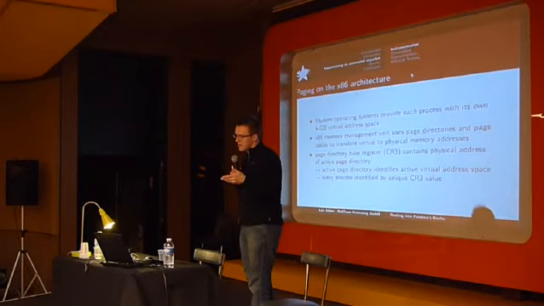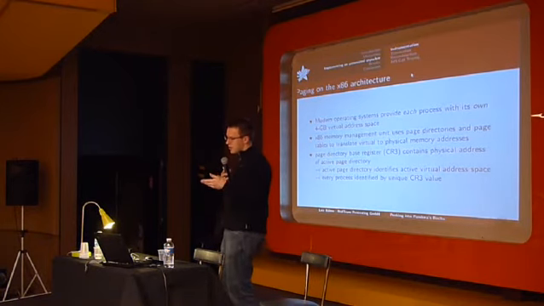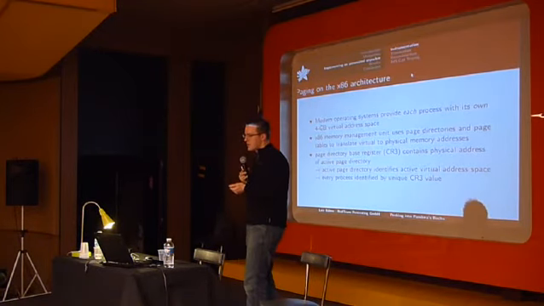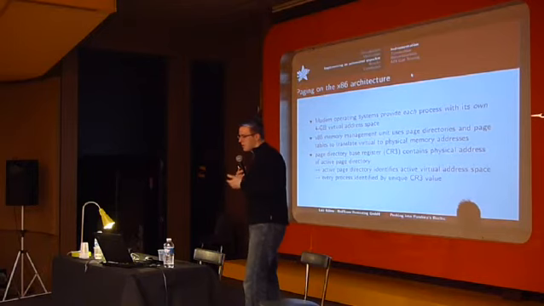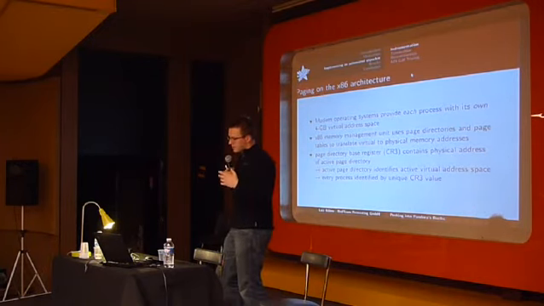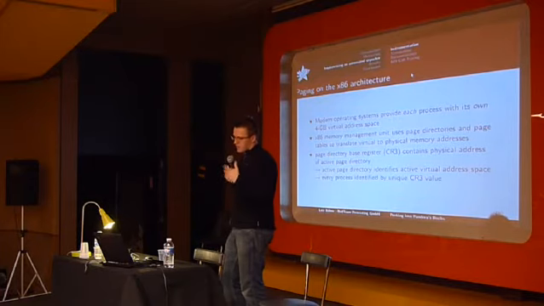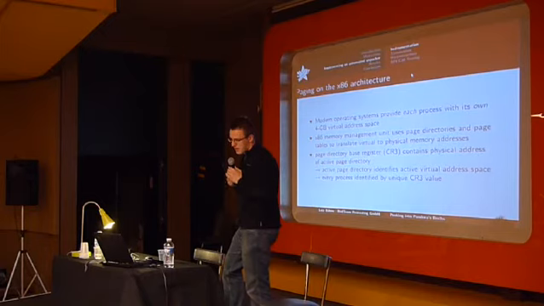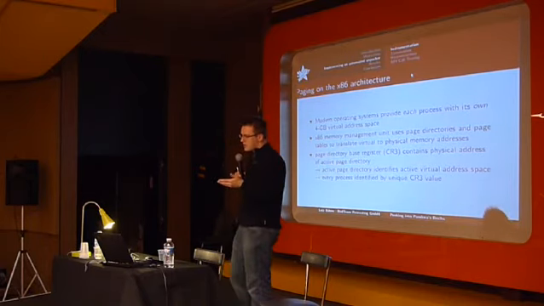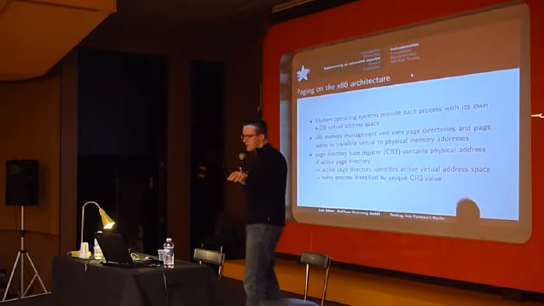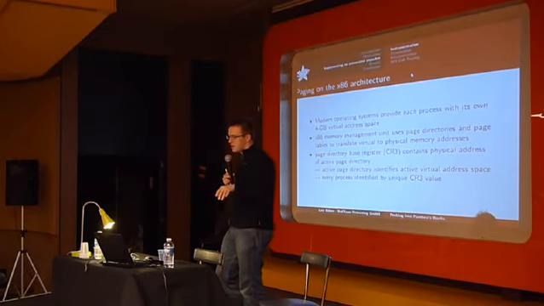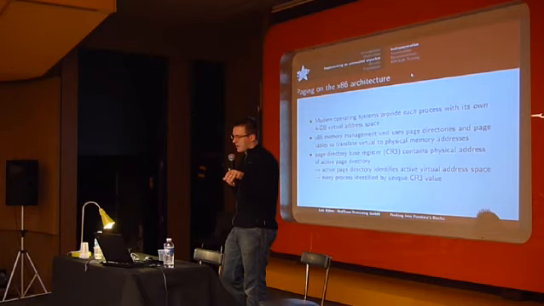The x86 memory management unit uses certain data structures called page directories and page tables. This is how it works. We'll get to that in a bit. And the page directory base register contains the physical address of the active page directory. So every virtual address space layout there is